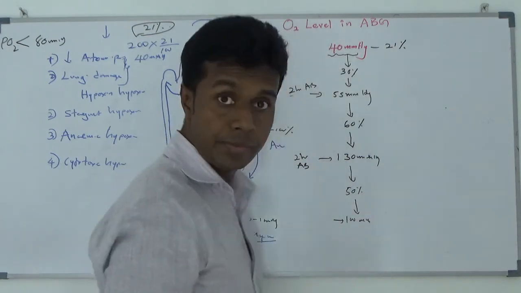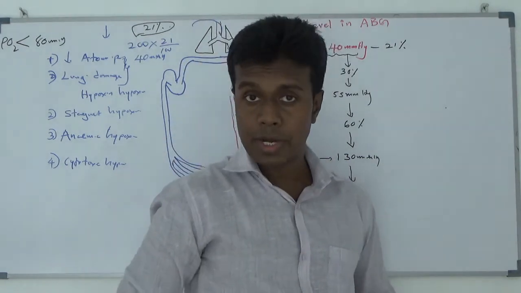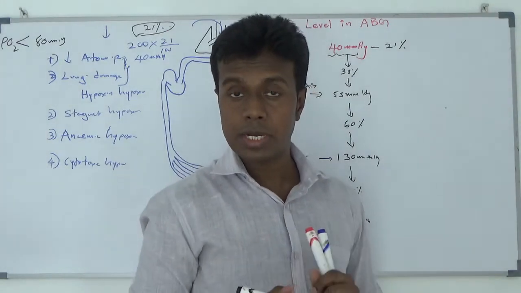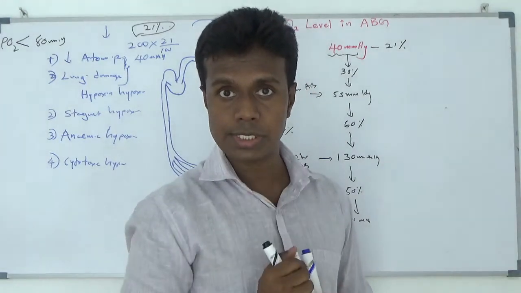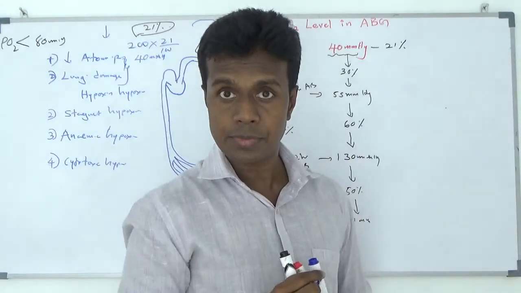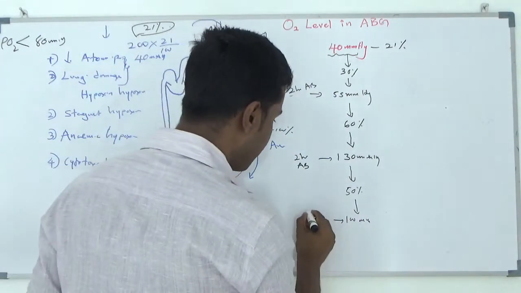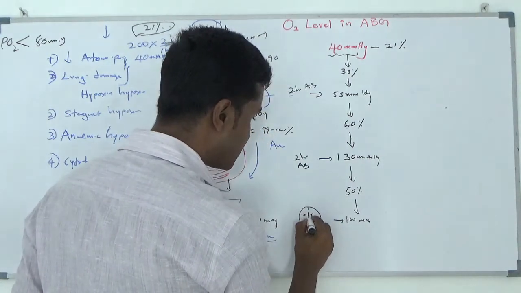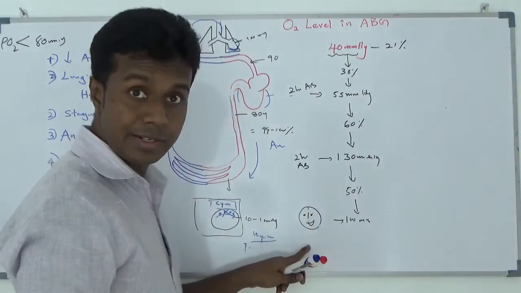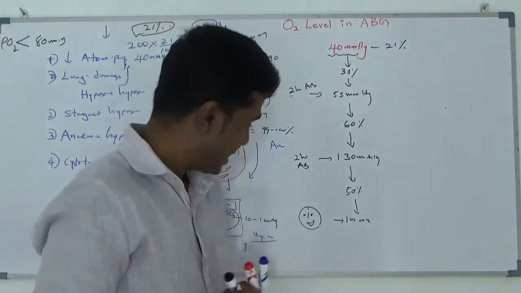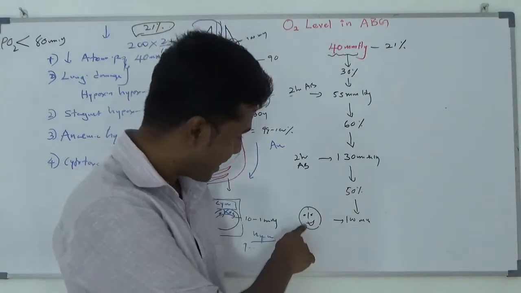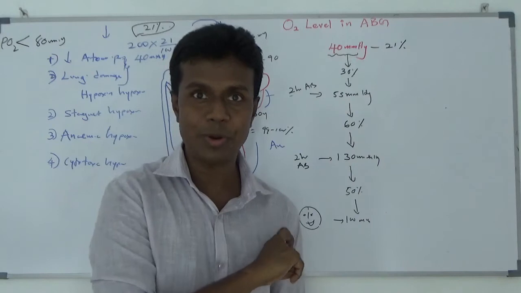Now I am happy. The partial pressure should be somewhere around 80 to 100. In a critically ill patient, it should be at least 60. 60 to 100 is the good range to prevent tissue hypoxia. So now I am happy. This is my happy face. Black color is the same color as me. Teeth should be white. Whitening is there. The happy face should belong to me.